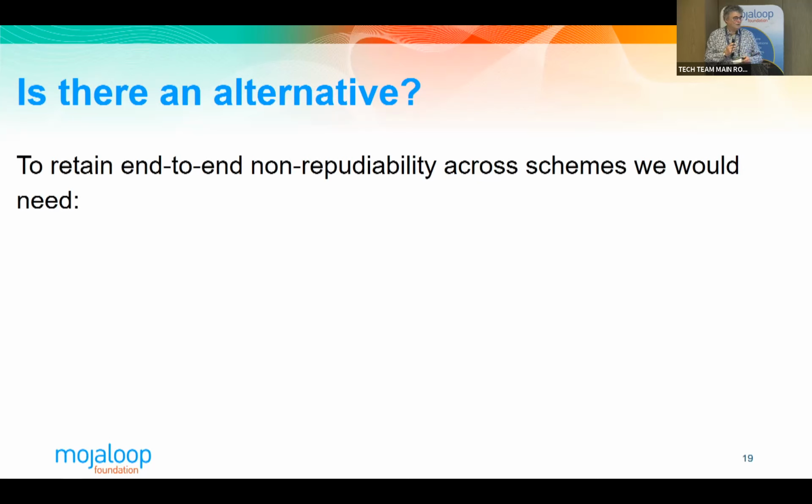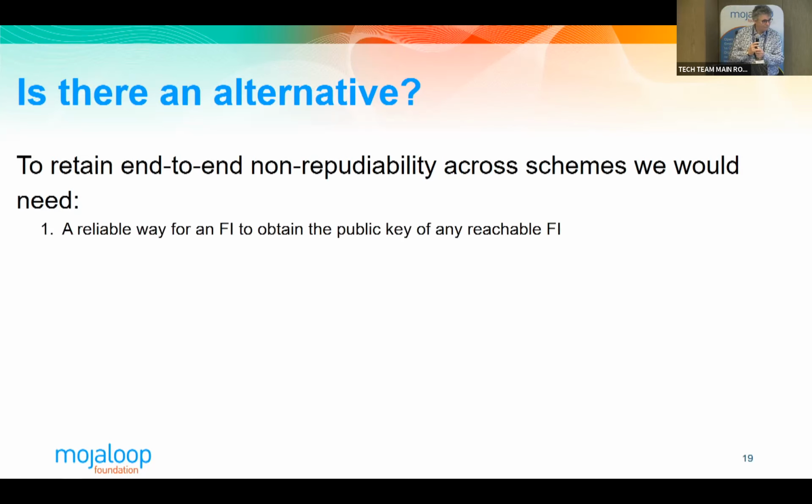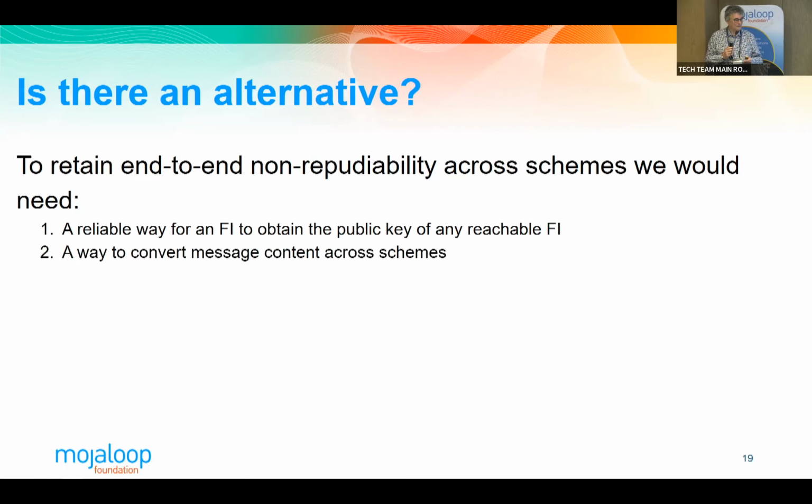So, what will we need to do to retain end-to-end non-repudiability across schemes? We would need a reliable way for a financial institution to obtain the public key of any other financial institution which was reachable across the network of schemes. We need a way to convert message content across schemes, and